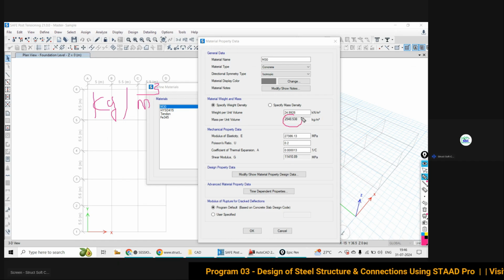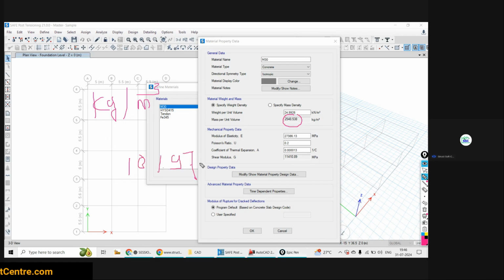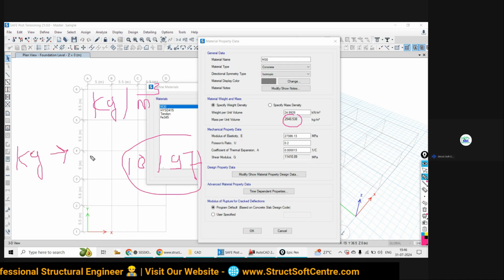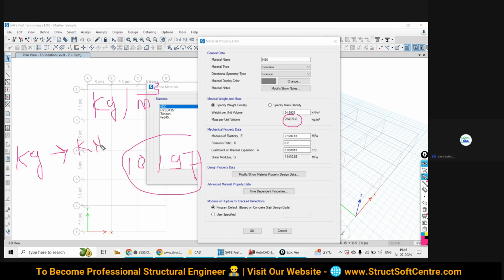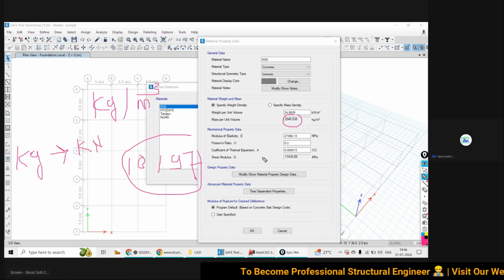If you would like to convert mass into kilonewton, the conversion factor is what? 101.97. Conversion factor from kg to kilonewton is 101.97. So how can you take this?